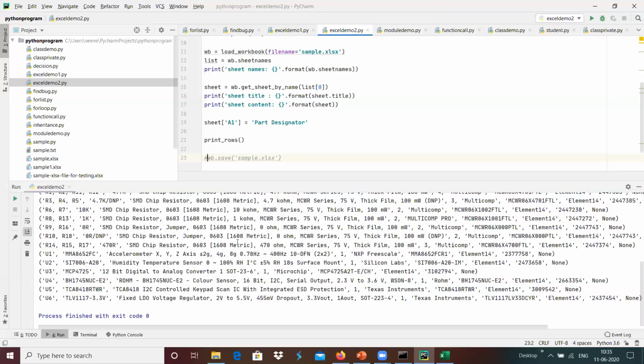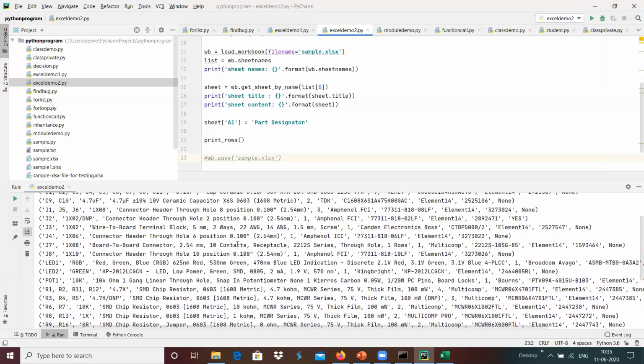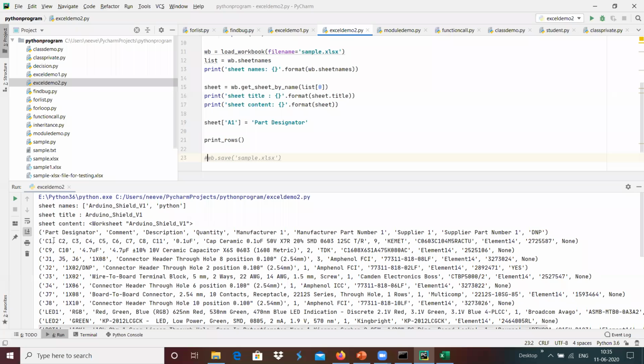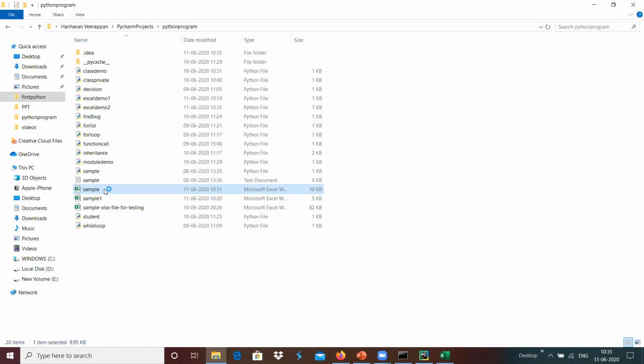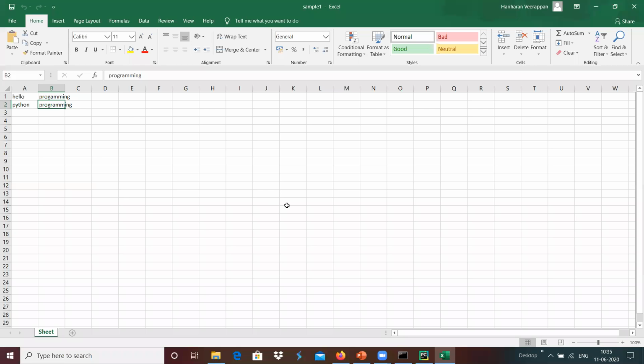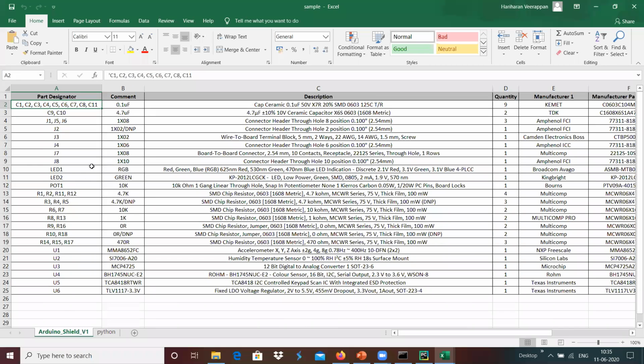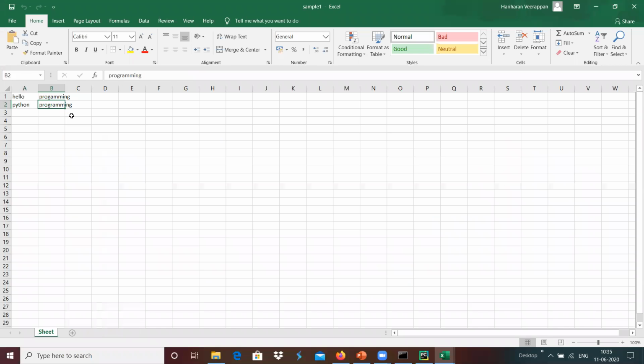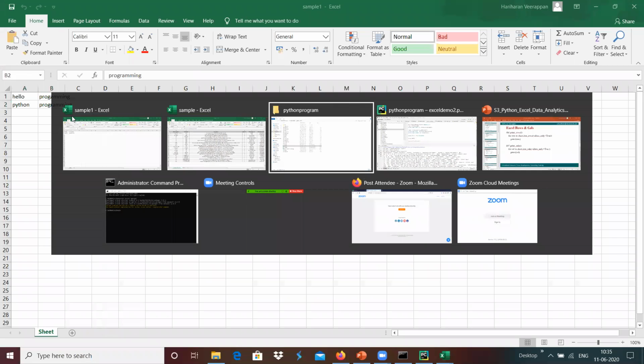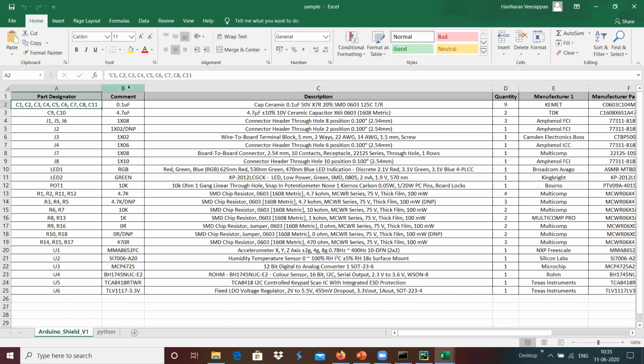Yeah. Now we got the tuples. Each tuple has been filled with a row of information. For example, if you open the file, the shield that we have has the information of the part designator, comment, description, and like that.